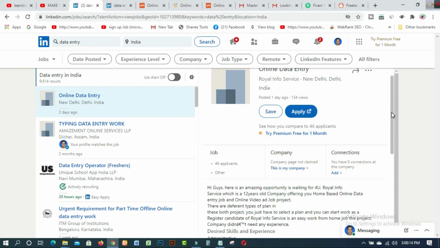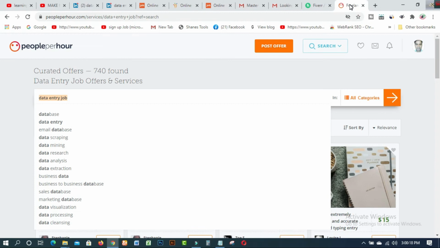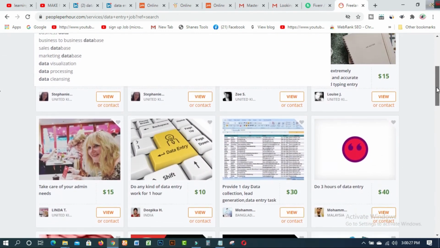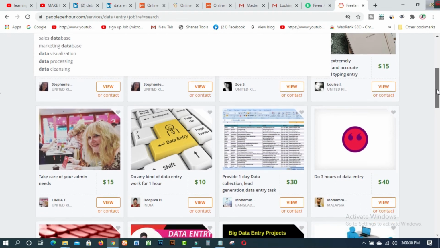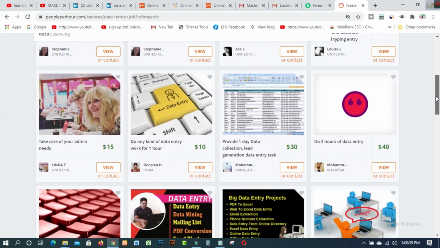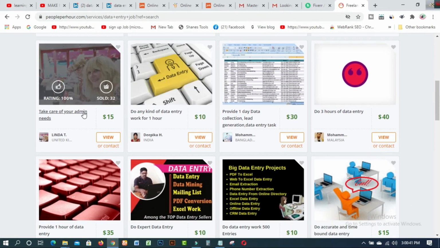So now I would like to share another two professional marketplaces. First one is called Peopleforever.com. The people who are fresher or beginner can earn extra cash as a data entry typist from Peopleforever.com. And if you don't have any account on Peopleforever.com, you can create your account by providing all the information. After creating your account, you have to create your gig to get many more jobs from